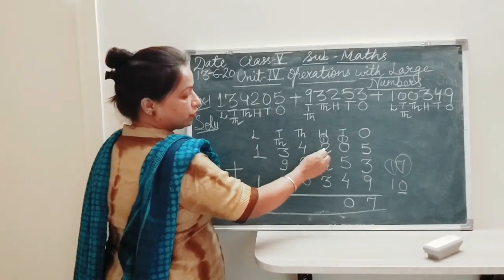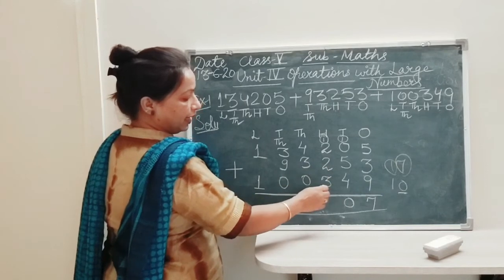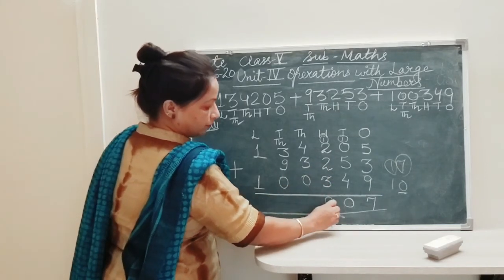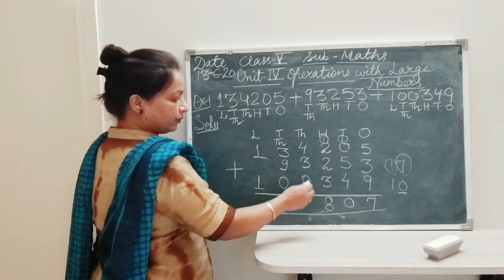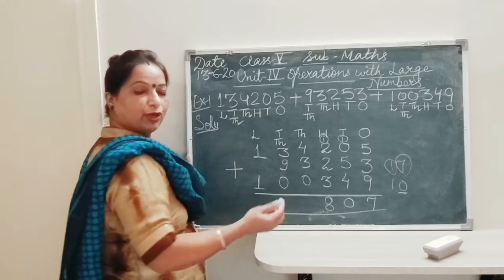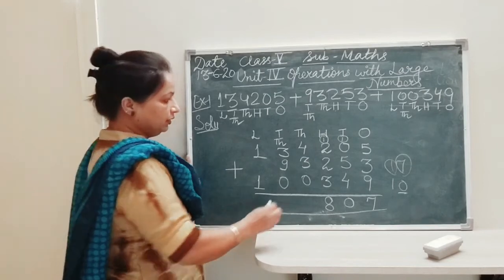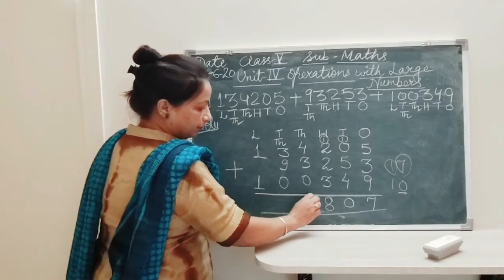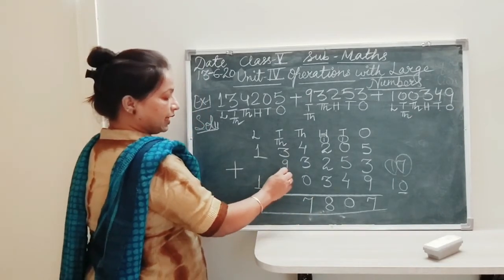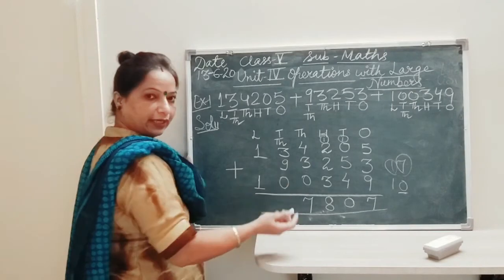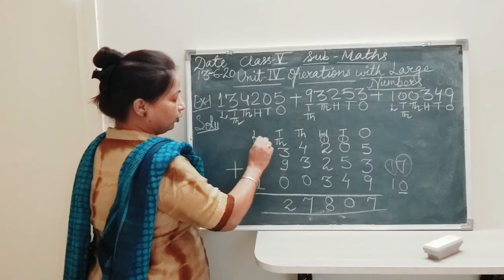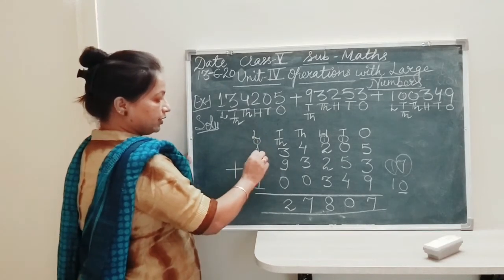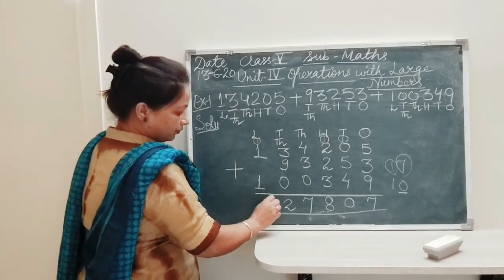Okay. Now we are going to add it. 1 plus 2 is 3. 3 plus 2, 5. And 3, 8. This 8 we are going to write over here. 4 plus 3, 7. 7 plus 0, again if you add 0 to a number, you will get the same number. So this is 7 only. Now 3 plus 9, 12. 12 plus 0, again 12. This 2 we are going to write over here. This 1 will carry over here. 1 plus 1 is 2, plus 1 is 3.